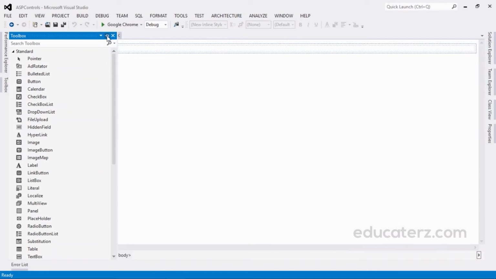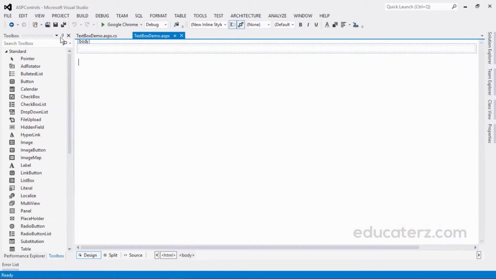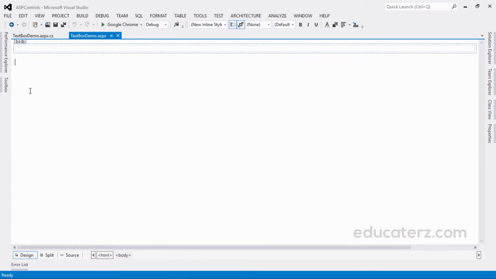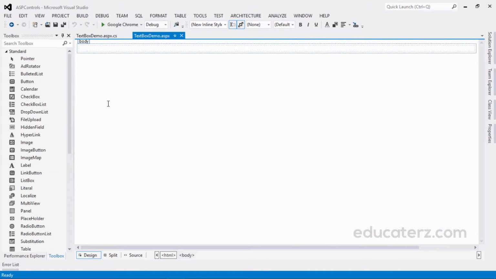If you wanted to make it fixed, you just click on this again so that it will get fixed. Wherever you click, it won't go away. If you wanted to make it auto hide like this, you need to change this pin. Now you can add whatever you want from the toolbox to the design page so that you can see it on a page whenever you execute that.